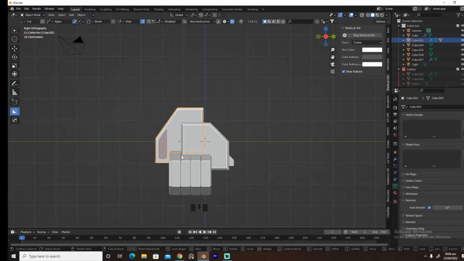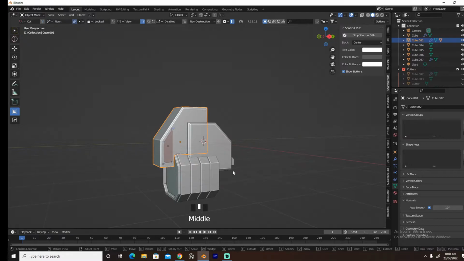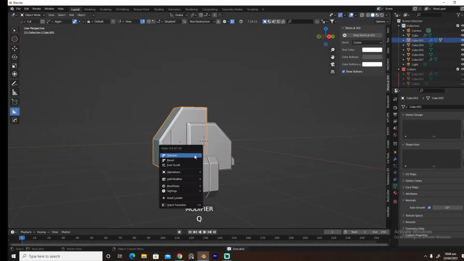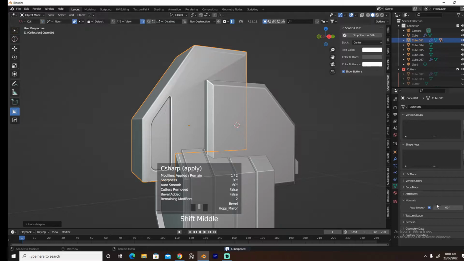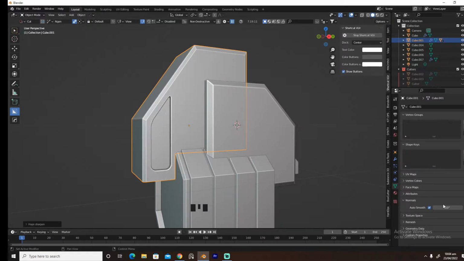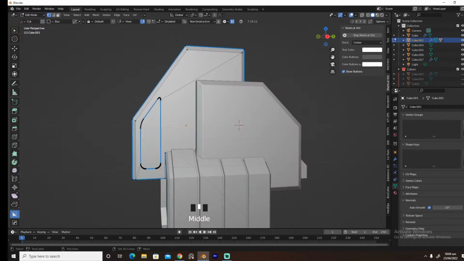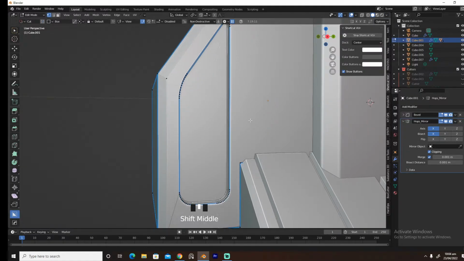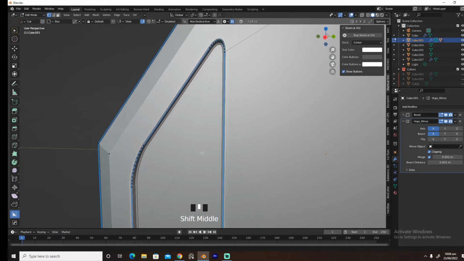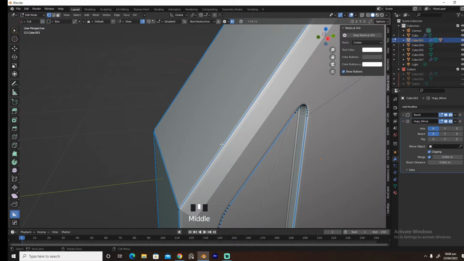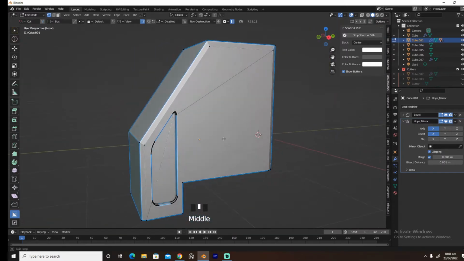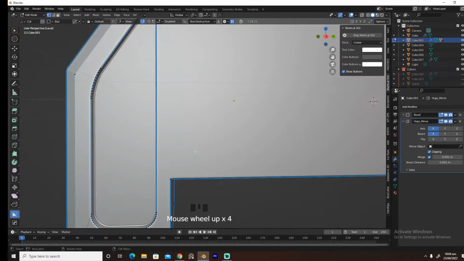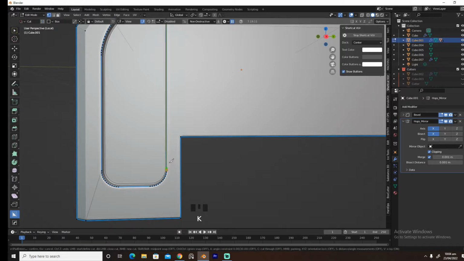Control B this, scroll up, and we're gonna bring it inwards, Alt X to the other side, sharpen this, let's join this, or maybe let's just